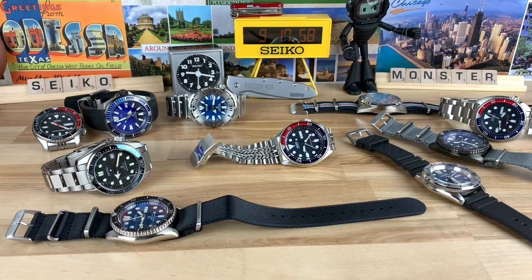There's the dirty little secret of modding, as far as it's easy to ruin your watch. There's aspects of modding that maybe will disappoint you or let you down in some fashion, one way or another, whether it's damage or maybe it didn't turn out the way you wanted it to. So you can spiral out of control. I mean, you can go crazy deep into it because you start to get emotionally invested, and you just start throwing money at it. With any hobby, this can happen, with cars especially, but it certainly can happen with watches in modding, and also even